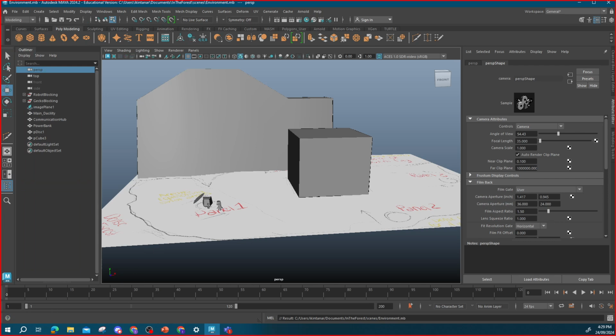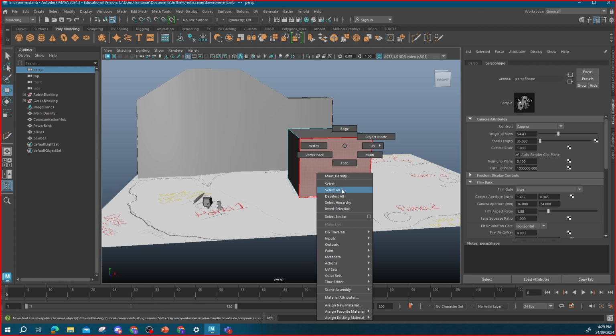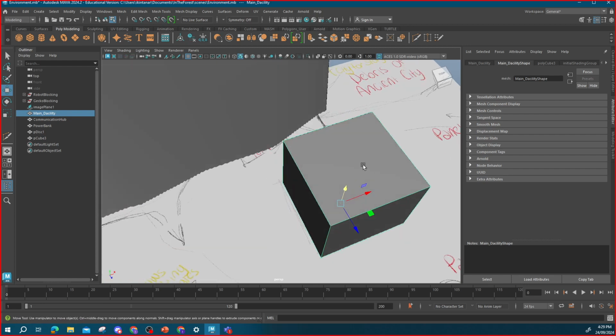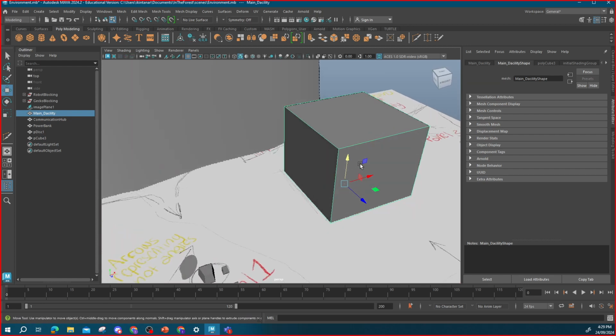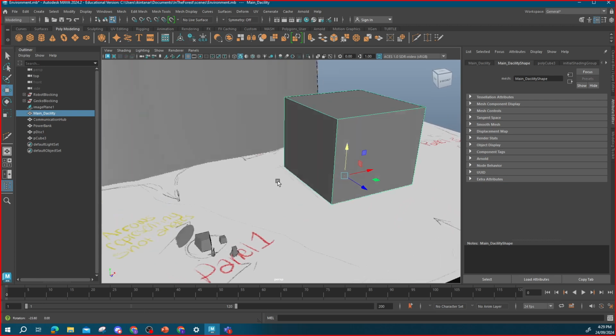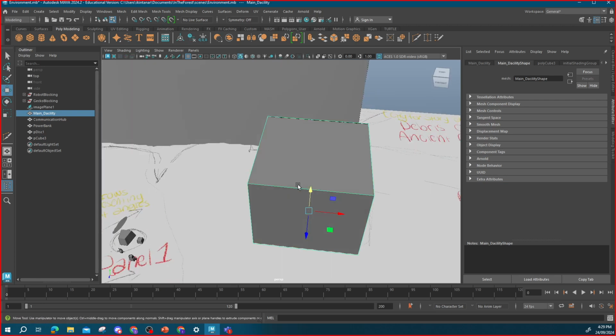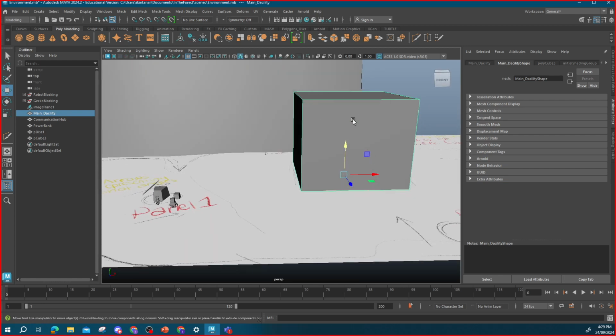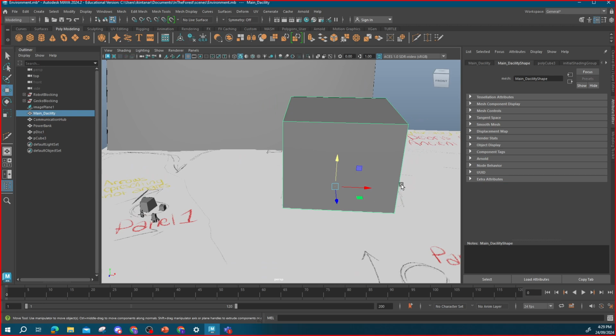So for the props artist, particularly Meg, doing the main facility, that means you can use this as a reference already, Meg, with regards to how you can start creating, or what you need in terms of proportions, to build that main area. So you know that you need to place it here, you know that it's roughly this tall, and you know that it's roughly this wide. Okay, so now you have some sort of direction in terms of how you can perhaps start going about the process,